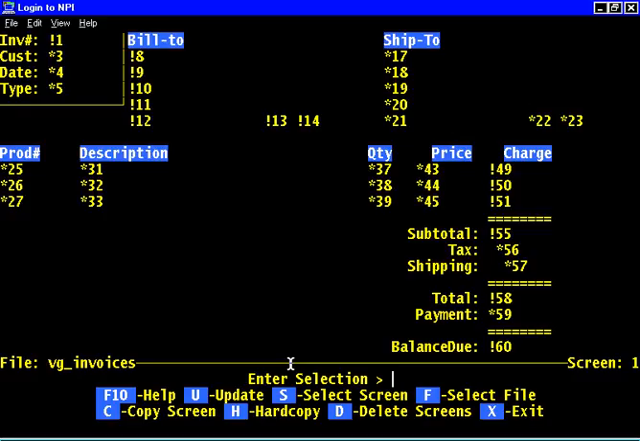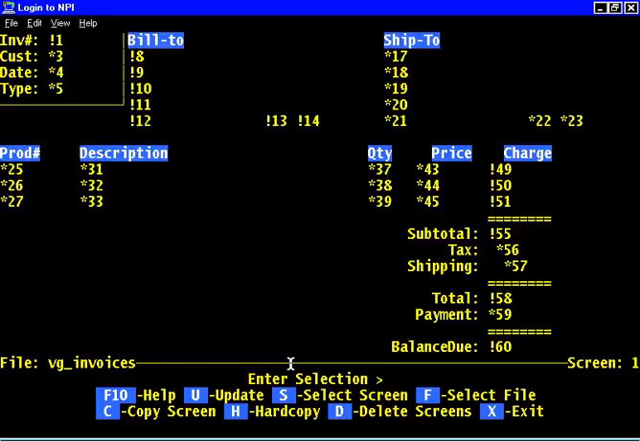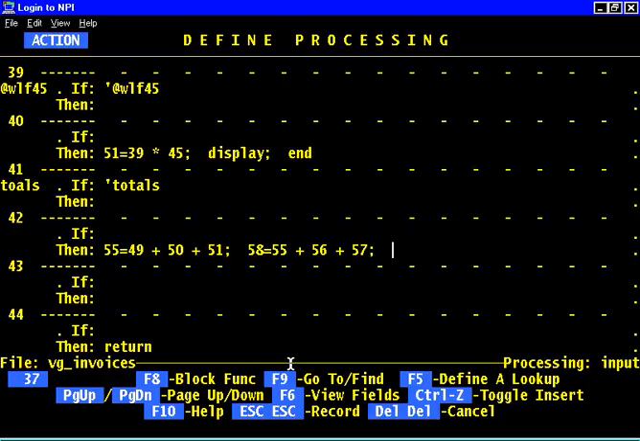The total. That was the subtotal. Let's do the total. 58. The actual total is now equal to that subtotal plus 56 plus 57, which are the tax and shipping. That gives us our full total. Now, what about balance due? Balance due is 60. Well, balance due is going to be equal to the total, 58, minus 59, which is